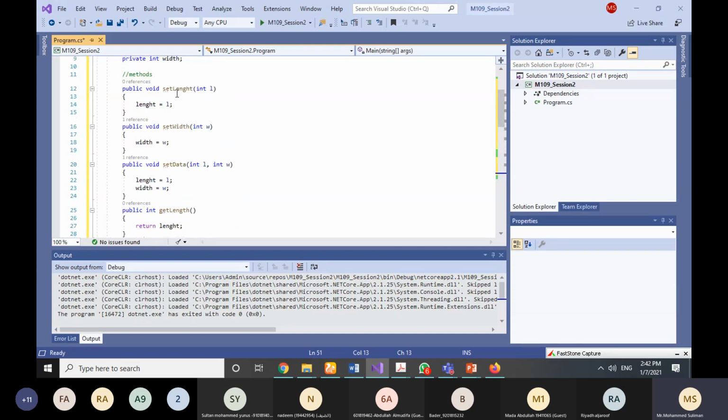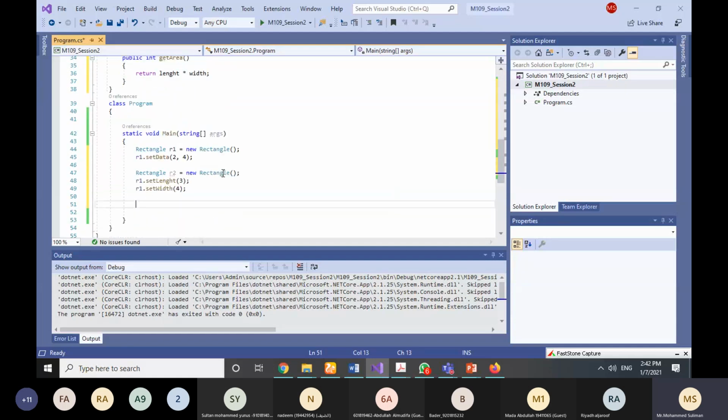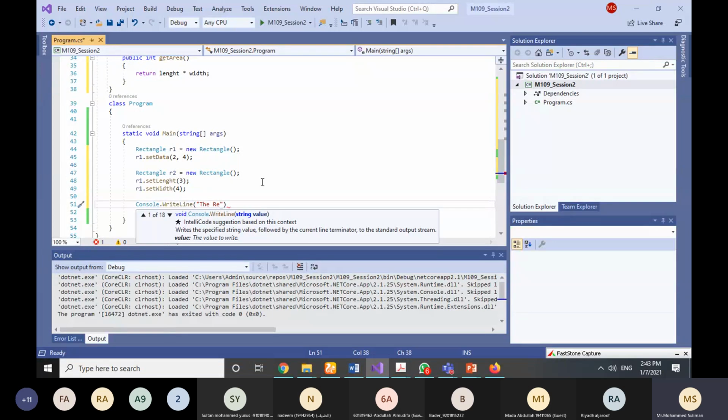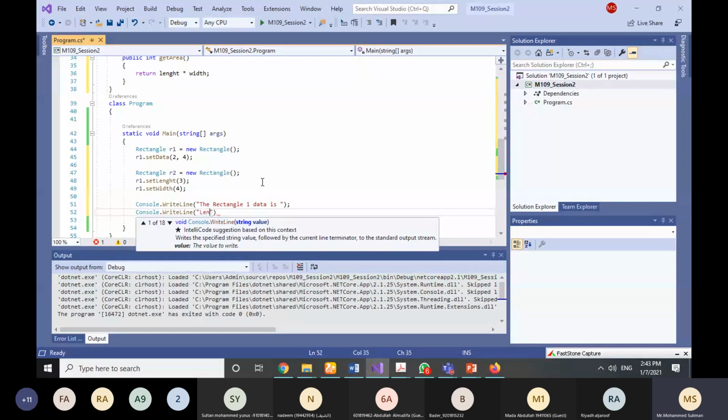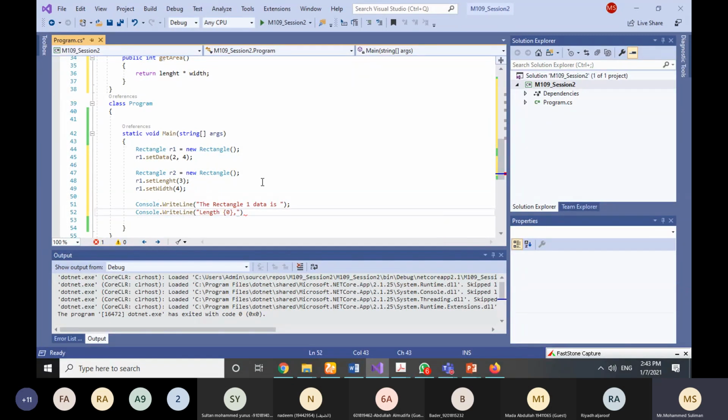I am using these methods: set length, set width, set data. Now if I want to print the rectangle data, for example, I'll say Console.WriteLine the r1, or say the rectangle 1 data is, so let me just say Console.WriteLine length, width, width is 1, and